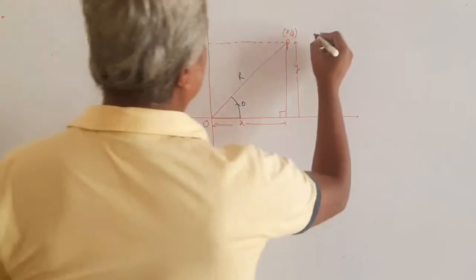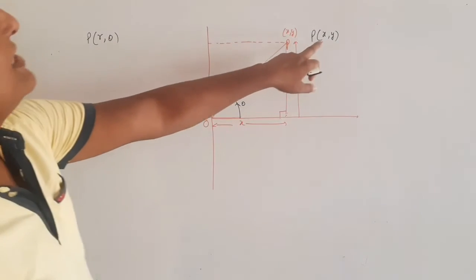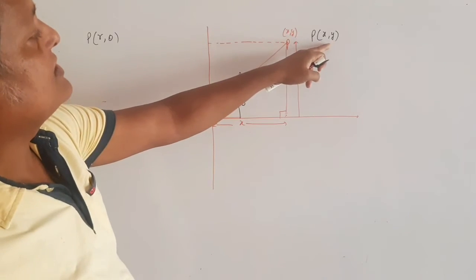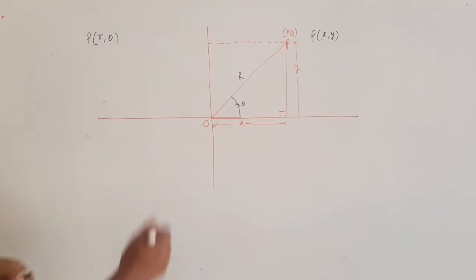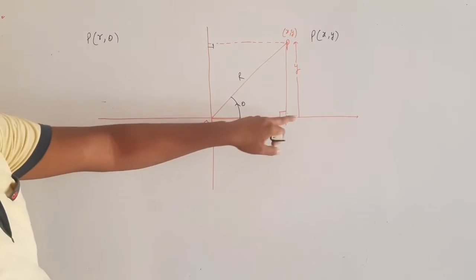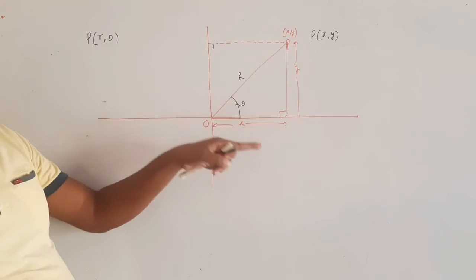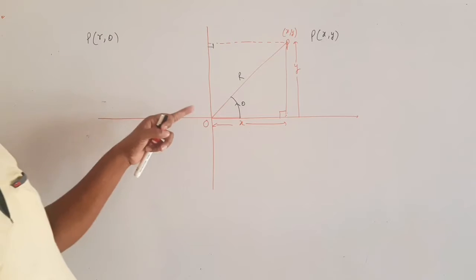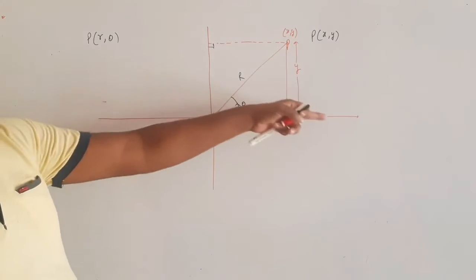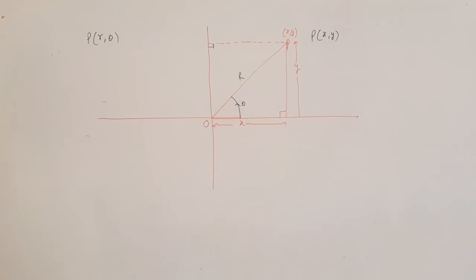and in the Cartesian system, P can be expressed as x comma y, where x is the perpendicular distance of the point from the y-axis and y is the perpendicular distance of the point from the x-axis. However, in this system, r is the distance of the moving point, that is P, from the origin, and theta is the angle subtended by the moving point joining the origin with the polar axis, that is the horizontal reference x-axis, and then you have two parameters r and theta for them. So now what is the relation?